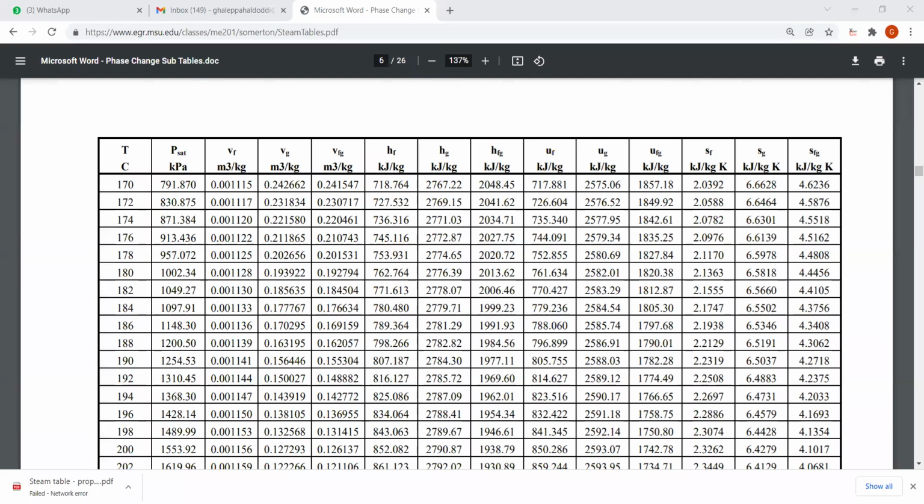So don't worry, we'll be solving one more numerical on this. It is the first numerical, we may face a little bit of difficulty. Don't worry, but try to understand. Now similarly, you write HFG1. If you have a thermodynamic data handbook in your hand, please go to the pressure table, go to 9 bar and tell me the value of HFG1. Please anybody help me. At pressure P1 9 bar, HFG1, how much is the value?